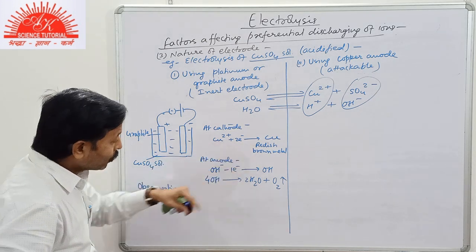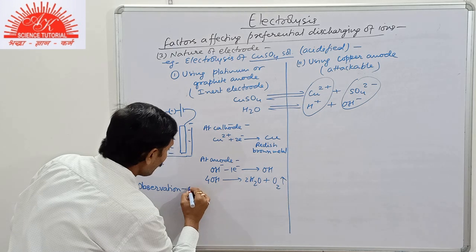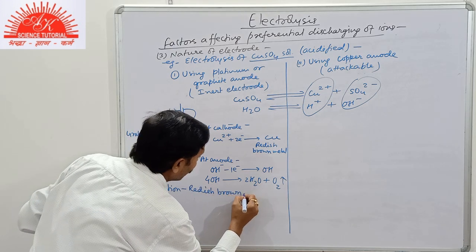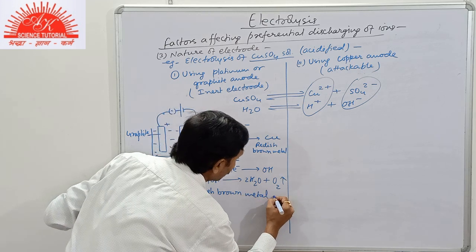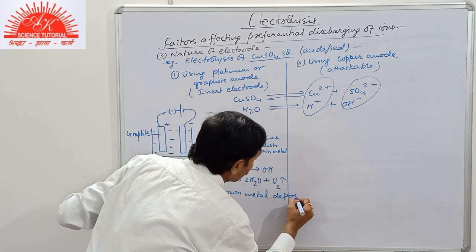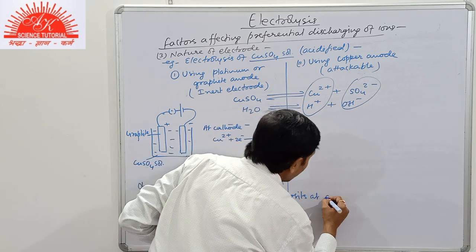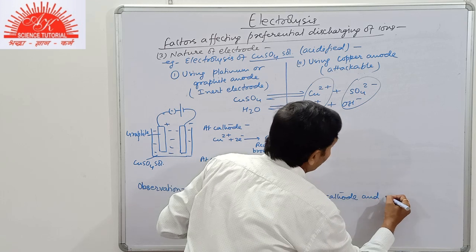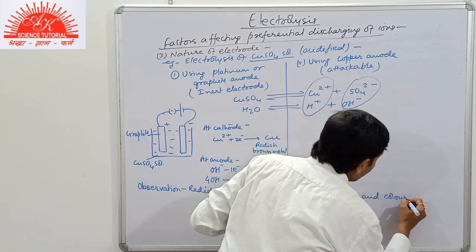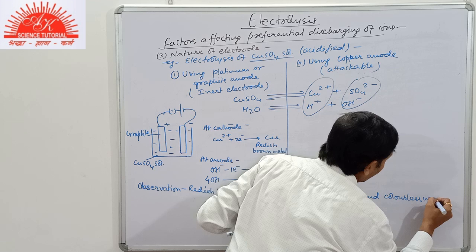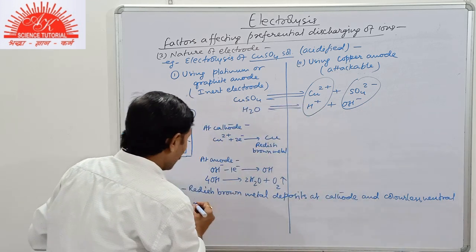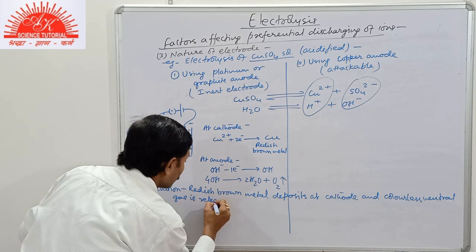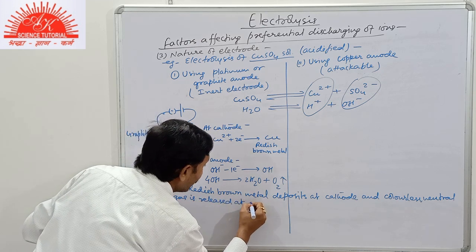Now you will write the two things, that is reddish brown metal deposits at cathode and colorless neutral gas is released at anode,